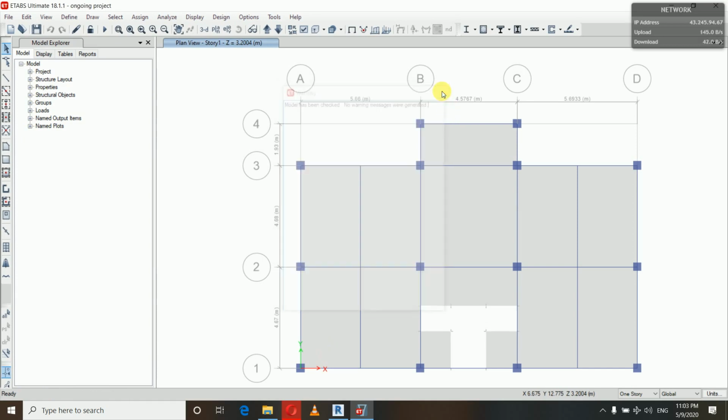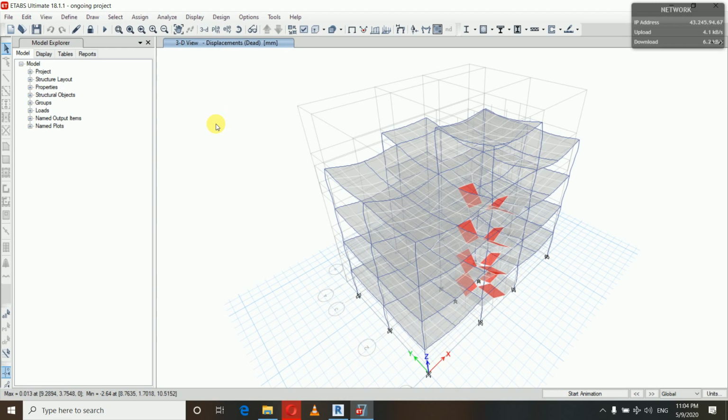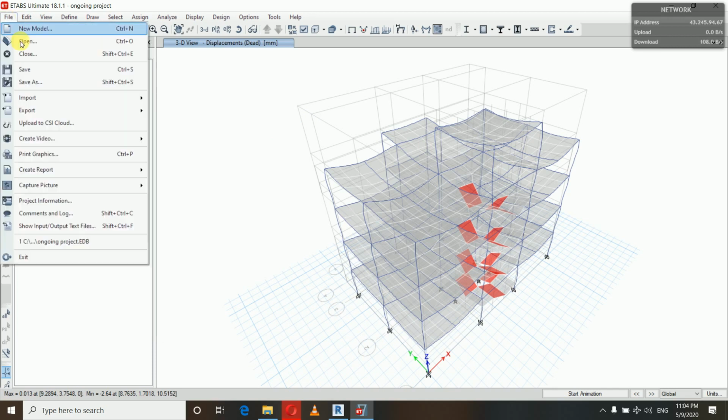Now that we have checked our model and we have run our analysis, we will see how we can get the reports from ETABS about all the details of our building, analysis, design, everything. Okay, so you can directly get the reports from here also, or you can go to File, and here you can see Create Report.